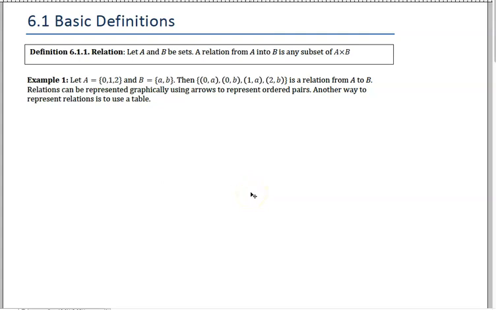Hello, everyone. So we're going to start chapter 6. And chapter 6 is about relations. So we're going to do a little unit on relations and functions. Functions in chapter 7. And we're going to kind of revisit what we know about relations and functions from algebra,